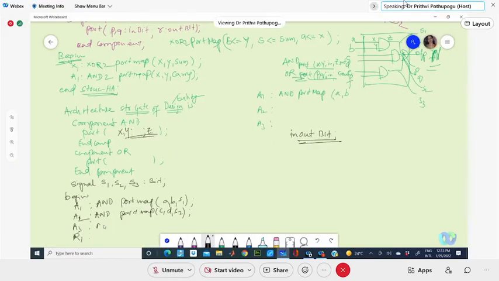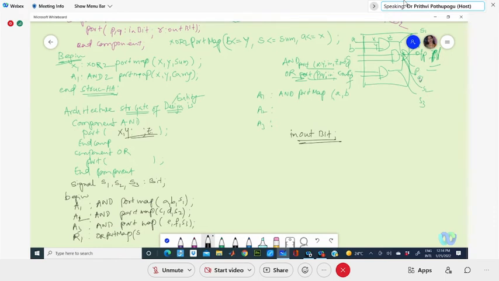Okay, and port map E comma F comma S3 for the OR gate port map. What is that? Here P, Q and a third input now.